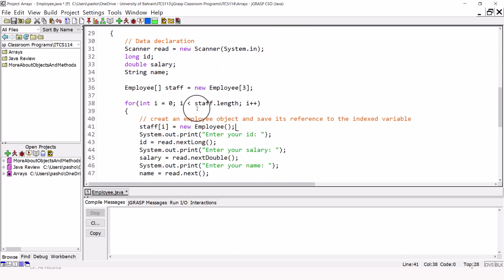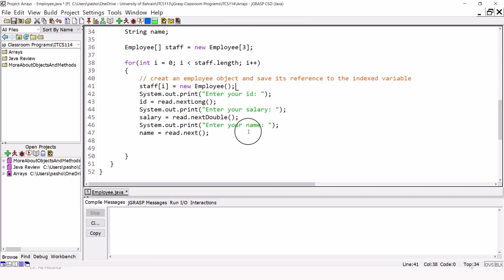So we have to take the data prompted by the user, ID, salary, and name, and save this data into the object. So how to save that into the object? First, we have to reference the object. Notice that the index variable is the object. So we say staff index I dot, and now we call the method that will set these three data members inside the class with the input taken from the user. So we'll say set employee, and we will supply the input parameters ID, salary, and name,